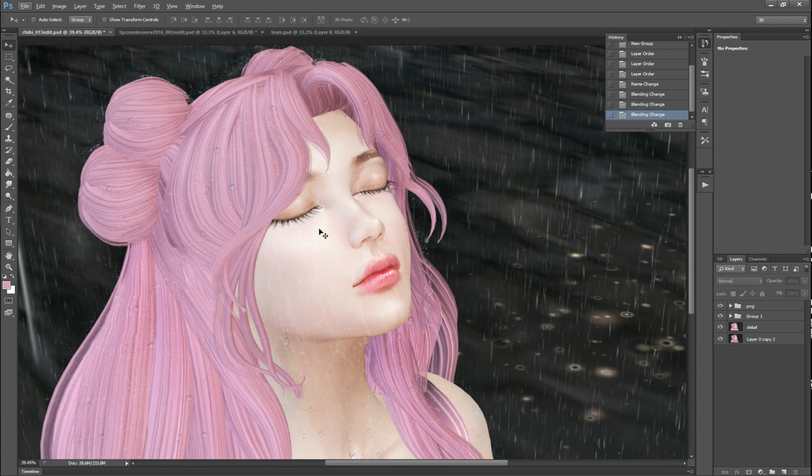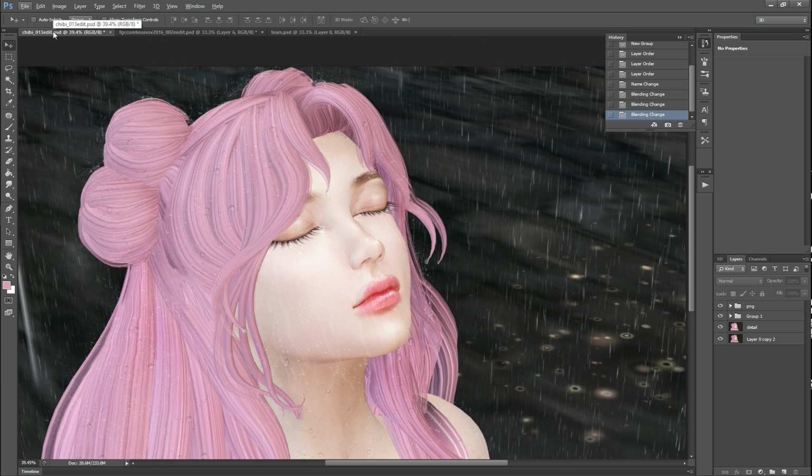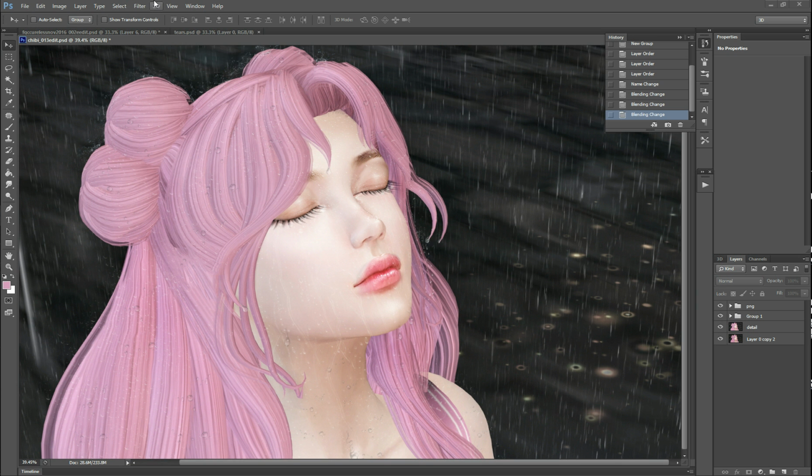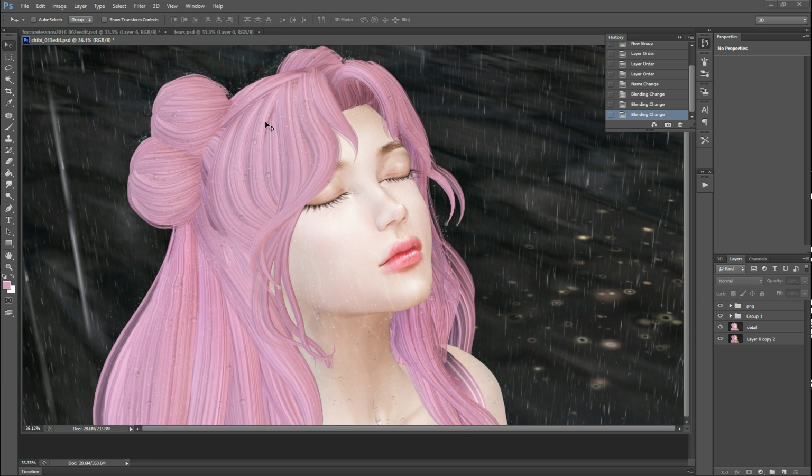Okay, so let me pull this apart here. View, fit on screen. Okay, so this particular image required a ton of layers out of me. So these are my overlay layers, and these are my transparent drop layers. So I actually bought